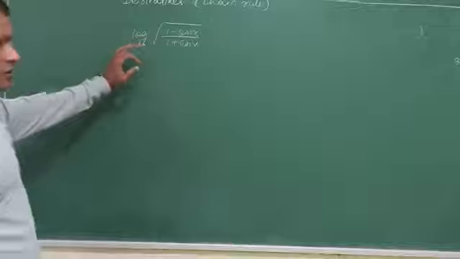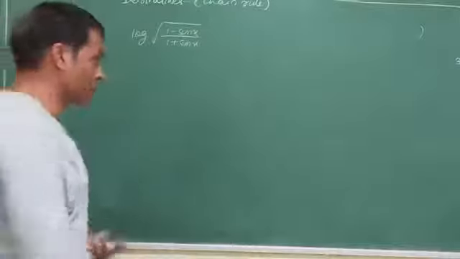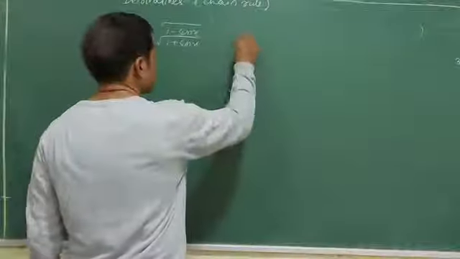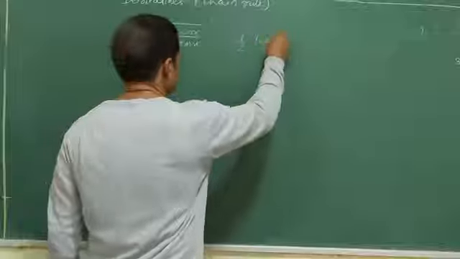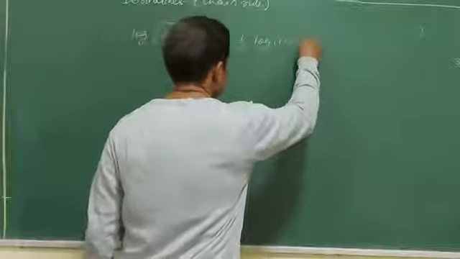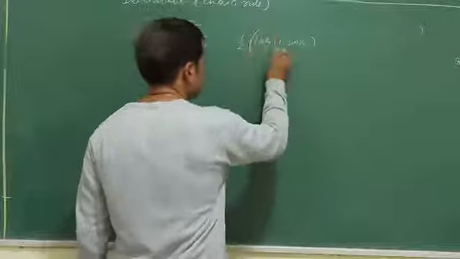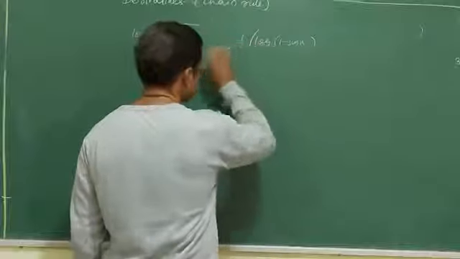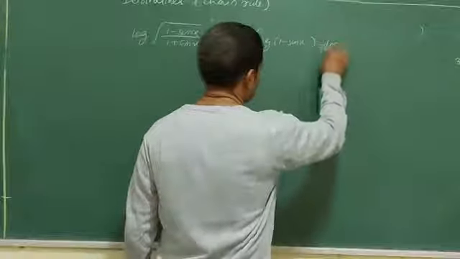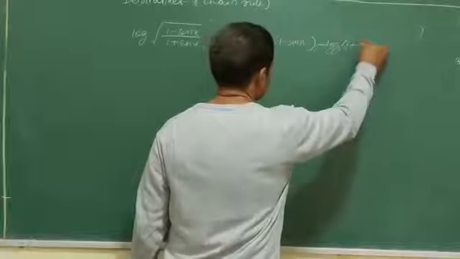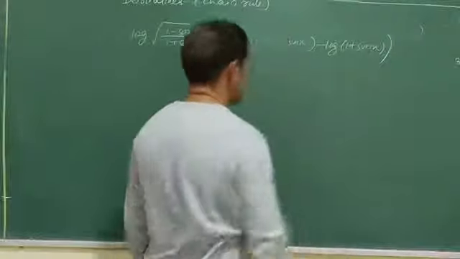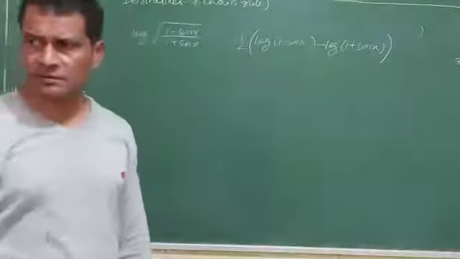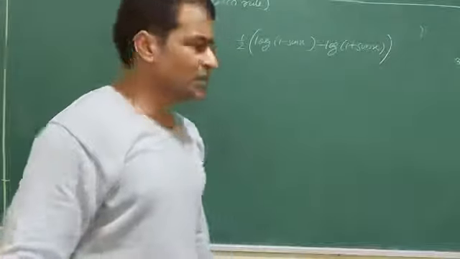Definitely I am not going to solve by the first method that I did here. What I can do? I can write down this one as half log (1 minus sin x) by (1 plus sin x), log a by b, log a minus log b. So try to omit some basic steps that I did here first. Then I go for the derivative.